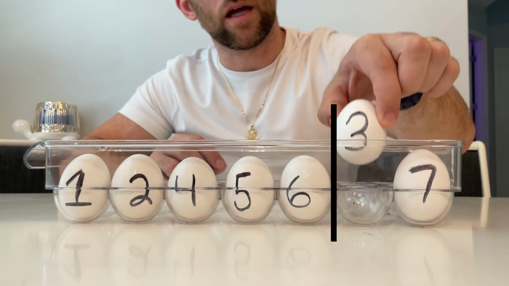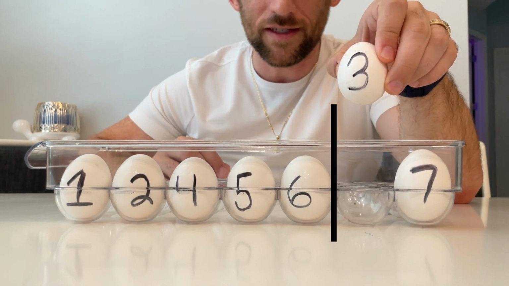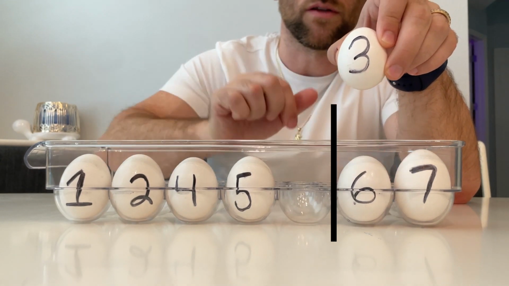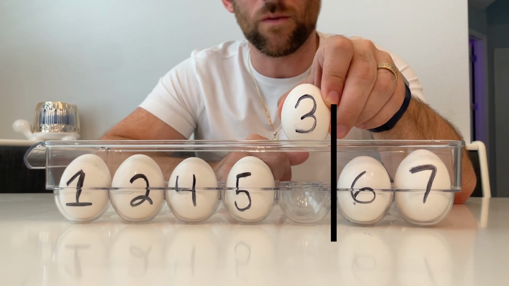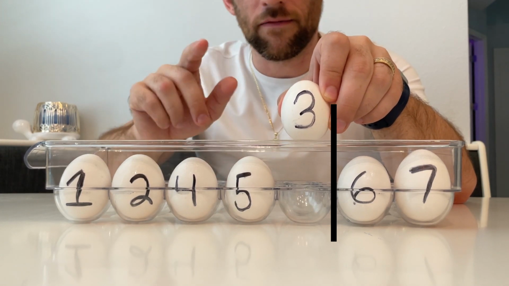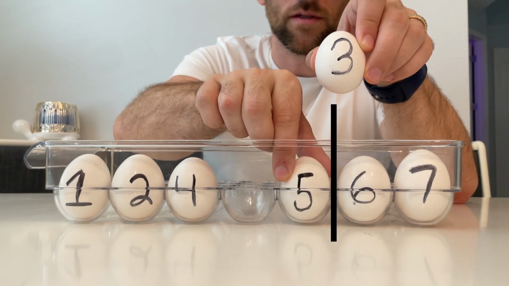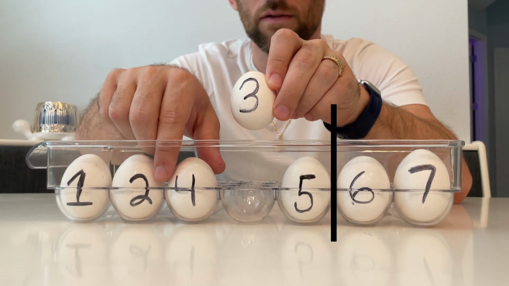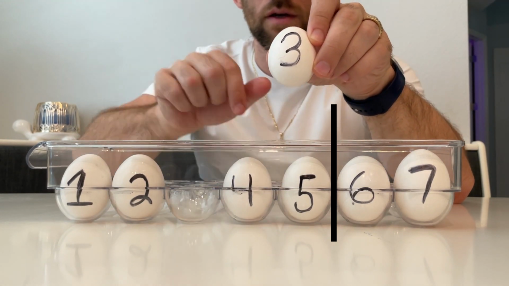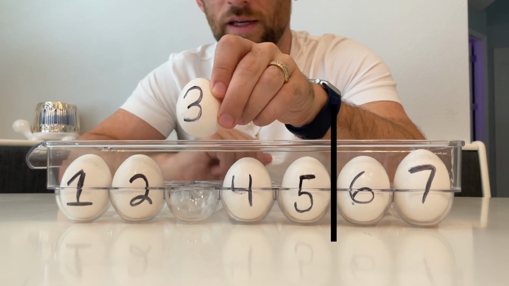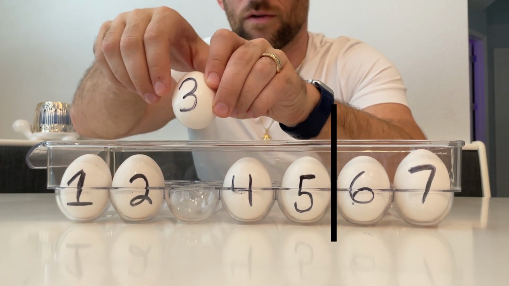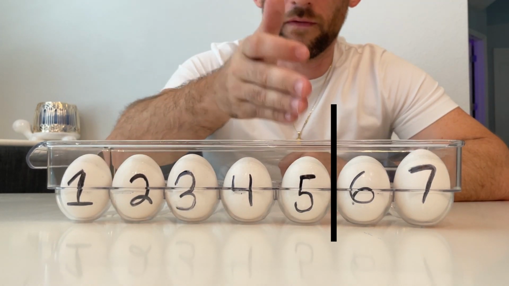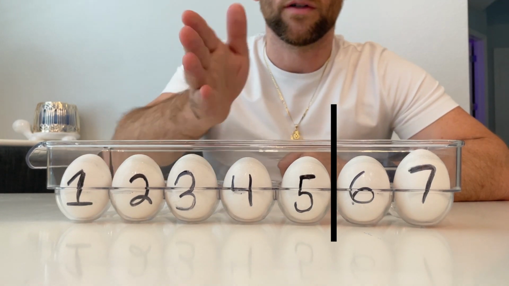We take 3 out of its position, say 3, are you less than 6? Why, yes, 3 is less than 6. So we take 6, increment its position in the array by 1. We move 3 down 1 and say 3, are you less than 5? In fact, it is. So we move 5 up 1, we move 3 down 1 and say 3, are you less than 4? Yes, 3 is less than 4. So we move 4 up 1 and move 3 down 1. 3, are you less than 2? No, 3 is not less than 2. So now 3 is already at this position, so we just drop it here. And now 1, 2, 3, 4, 5, and 6 are in the sorted part, so we move the divider over,